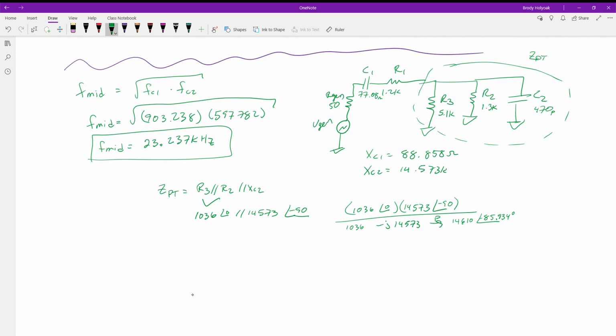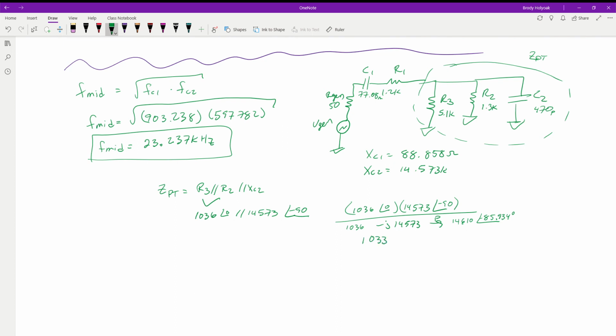And this one is a little bit 10 times larger, so we should be right close to the 1036. Let me do that real quick on my calculator. We take 1036, multiply that by the 14,573, and then divide that by the 14,610. And so that gives us a total of